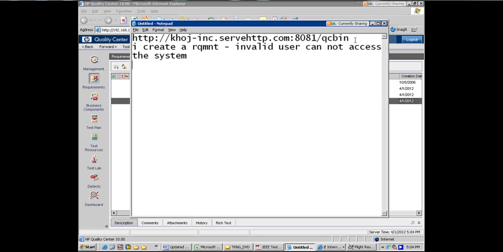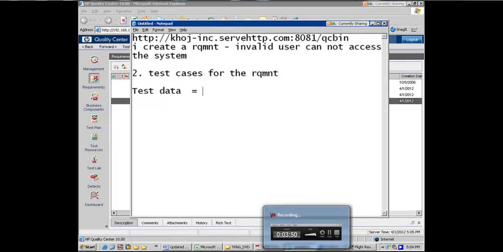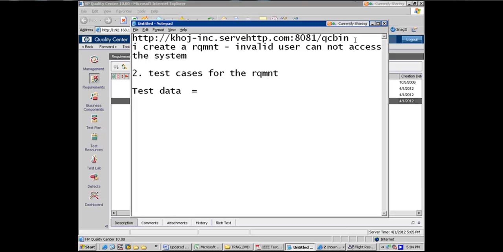Right? Create test cases for that. Test data that you want to use is user ID is Mercury and password is